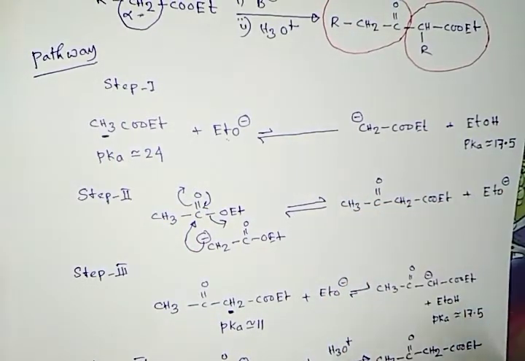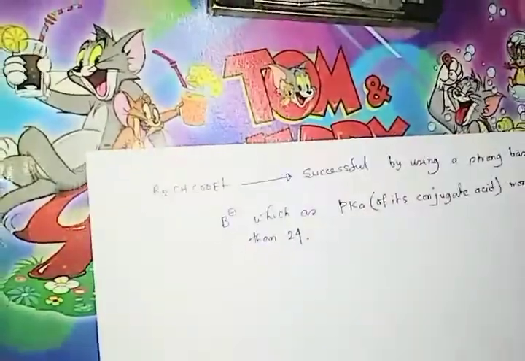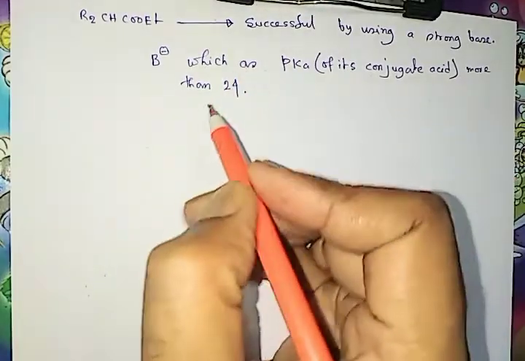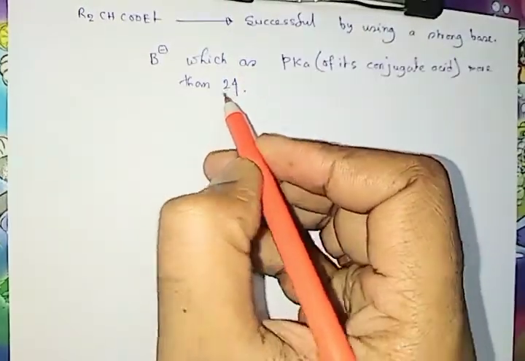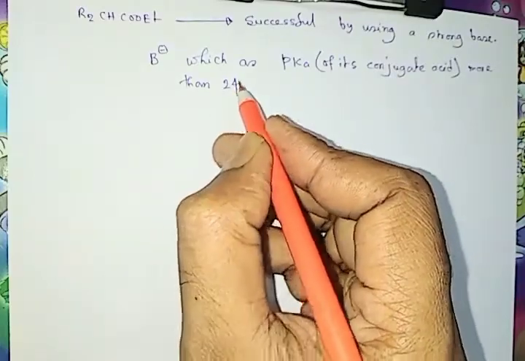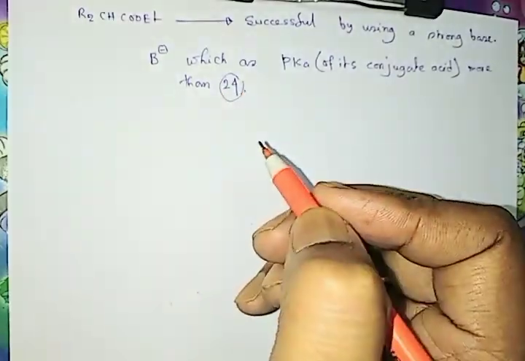That means we will get the product. Moreover, since the pKa of the conjugate acid of the base is 24 or more,